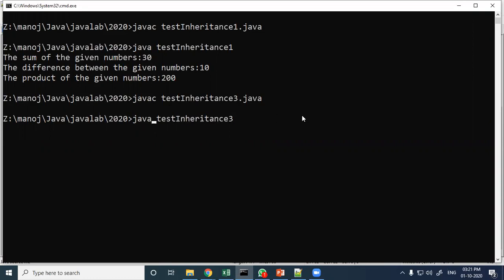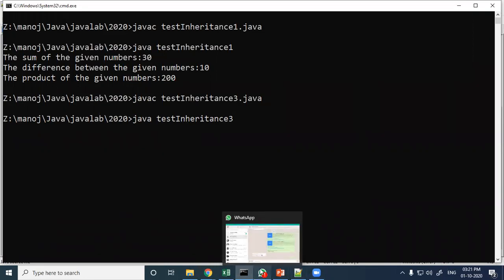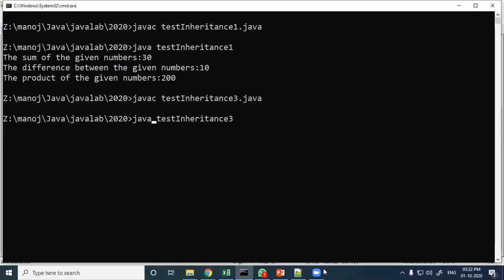So what will be the output? Who can say what will be the output?